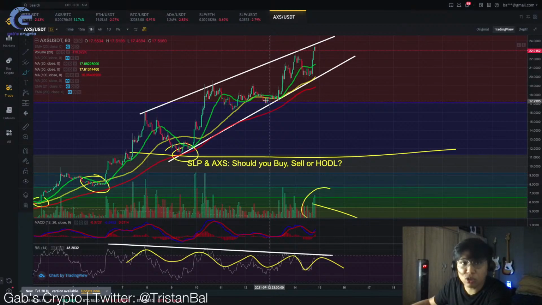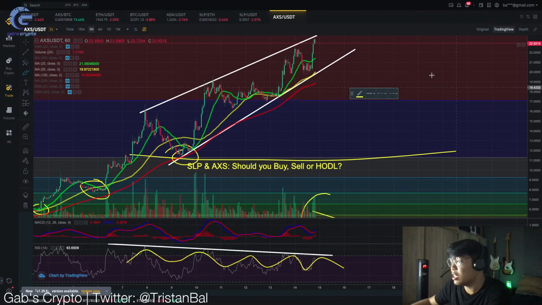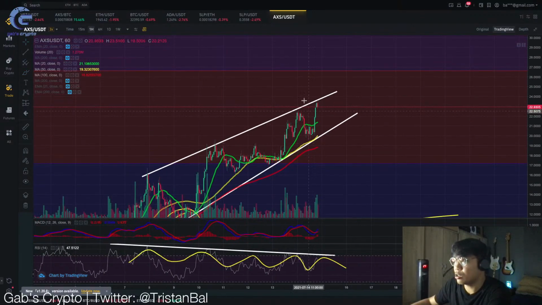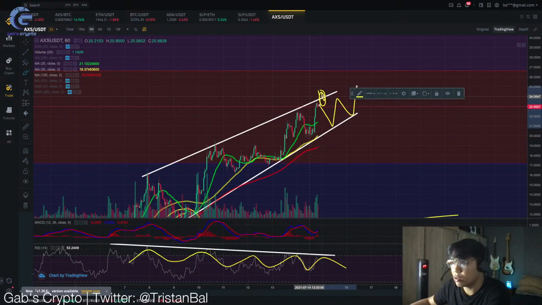And what would happen in order for this to go up? Ngayon, ang kailangan niya ngayon mangyari is, kailangan natin magkaroon ng buy volume. Kailangan maraming green candles na pataas dito sa volume. At the same time, we need to have an early candle close above this resistance. So meaning, dapat meron tayong green candle above this resistance. So if wala tayong green candle above this, would more likely still play inside this movement. Pero if nagkaroon tayo ng green candle above this resistance, this would indicate na magpa-pump tayo.